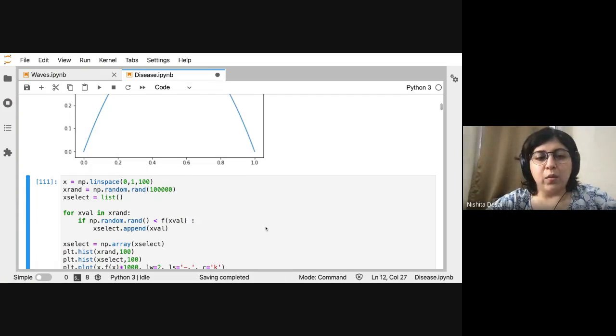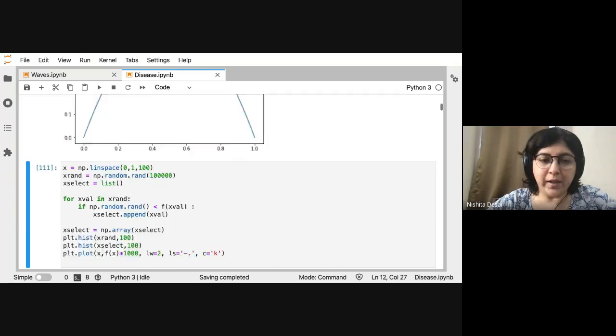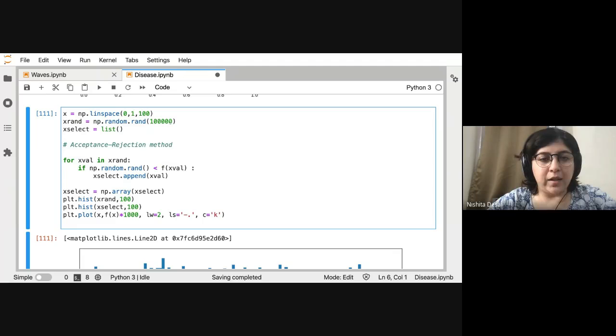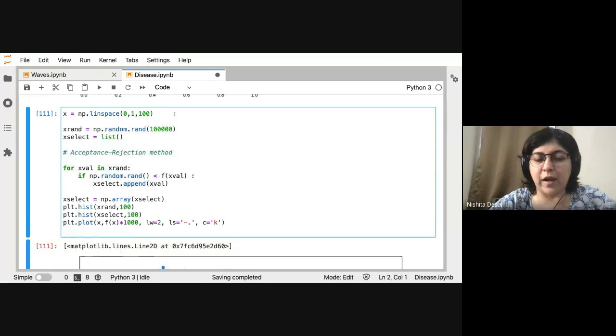Okay, so we want to do that, and the way of doing this is using this method called the acceptance rejection method. Okay, so the idea is that you first start with a large array of random numbers.